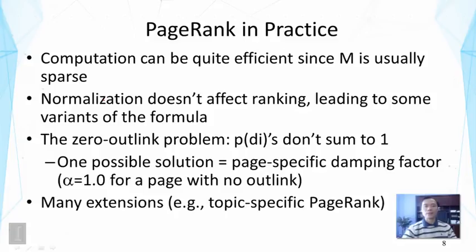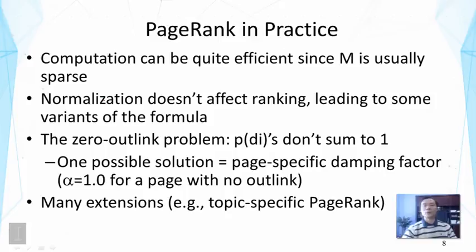So there are many extensions of PageRank. One extension is to do topic-specific PageRank. Note that PageRank doesn't really use the query information, right? So we can make PageRank query-specific, however. So for example, in the topic-specific PageRank, we can simply assume when the surfer is bored, the surfer is not going to randomly jump to any page on the web. Instead, it's going to jump to only those pages that are relevant to a query.